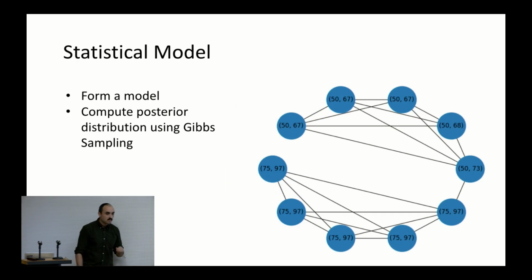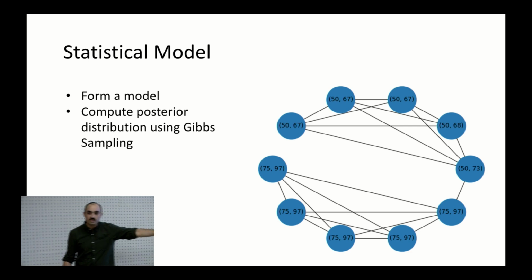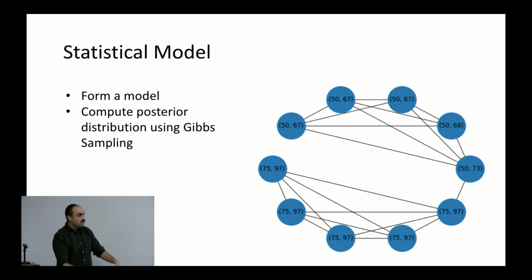Another way of doing this that we've been playing around with is you can form a statistical model. You have some priors on the probability that each person is real. You have some Bayesian update based on the connections in the graph, and you can compute the posterior using Gibbs sampling. So say each of these nodes in this graph has two values. The left one is the prior probability that they are real. So you see this bottom cluster, they start out at 75%. The top cluster, 50%. The second number is the posterior update. So once we've added the social connections, that's now the new updated probability that they're real.